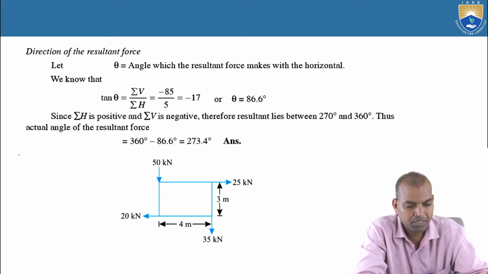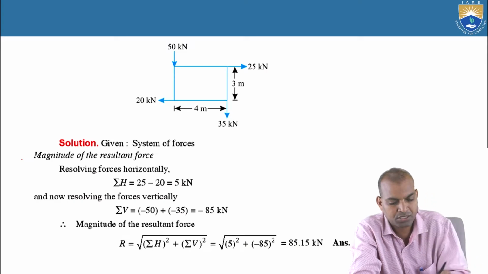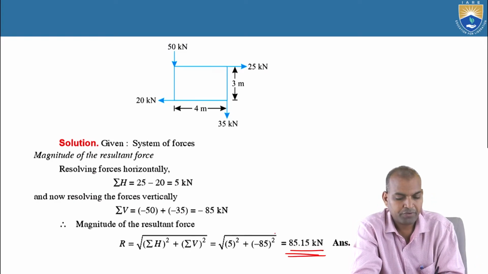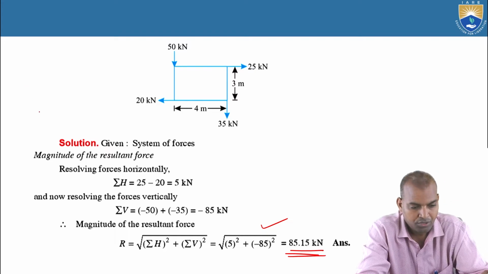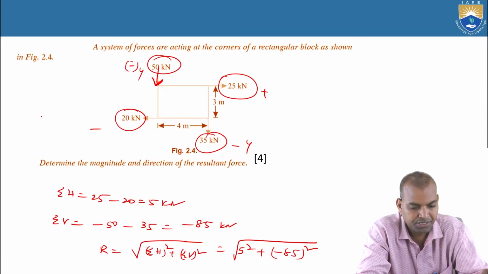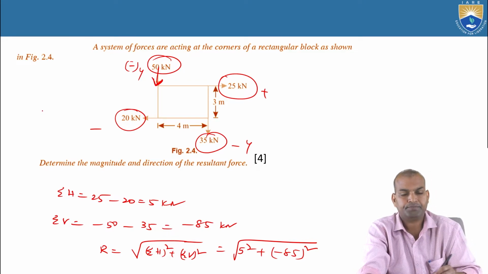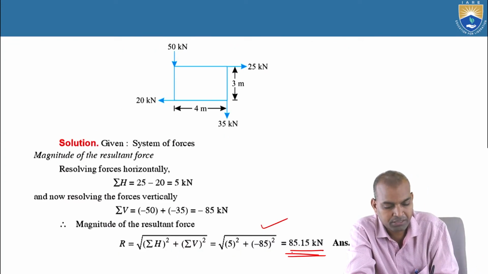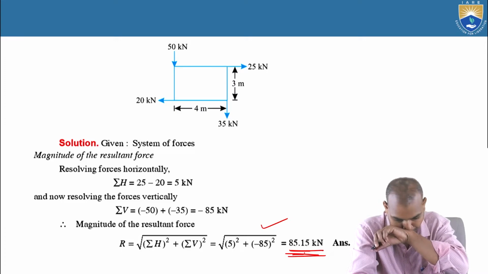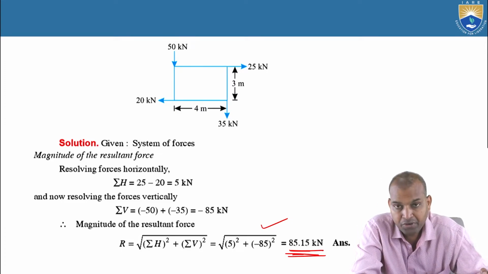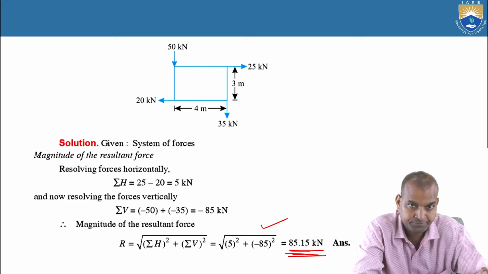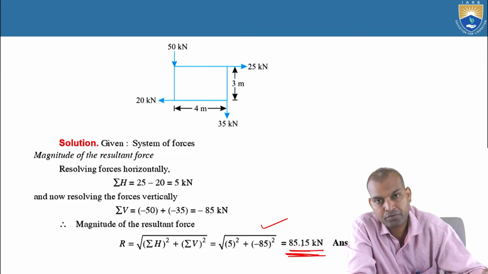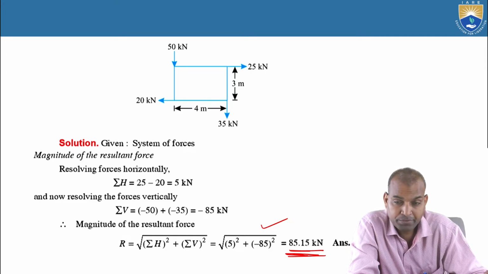Thus, the resultant force is obtained. How much? The value of the resultant force is 85.15 kilonewtons. So, what is the magnitude? It is asked here: determine the magnitude and direction of the resultant force. The magnitude of the resultant force is 85.15 kilonewtons. And whatever the direction,